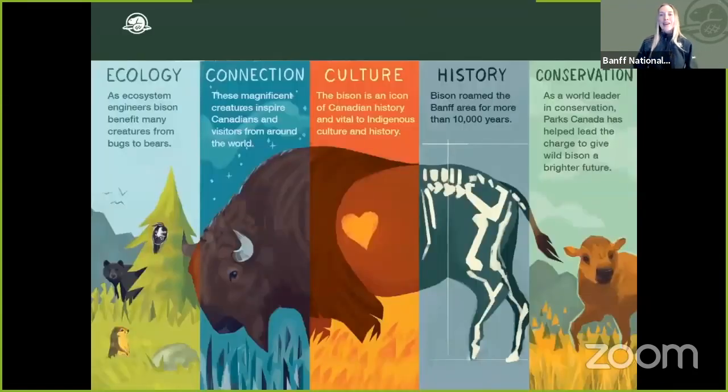And for over a century, Parks Canada has been helping to give bison a second chance. Part of that work means reintroducing bison to parts of their traditional range. That means Banff. So we started a project to bring bison back to Banff. It's not easy, but this is some of the reasons why it's so important. So first of all,